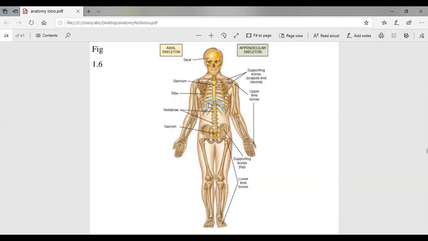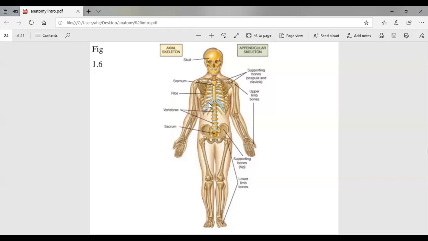As I told you before, it is hard in structure, right? So it protects. How does it protect us? By forming cavities. It forms the cranial cavity, the spinal cavity, the thoracic cavity, and the pelvic cavity. So these are different small room-like structures with walls around them, and the walls are made by the bones, which are hard in structure. That's why the organs inside our different cavities are safe. So one of the functions of the skeletal system is protection.